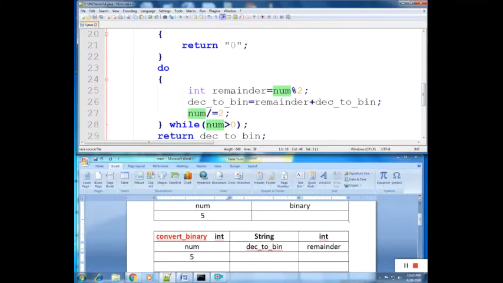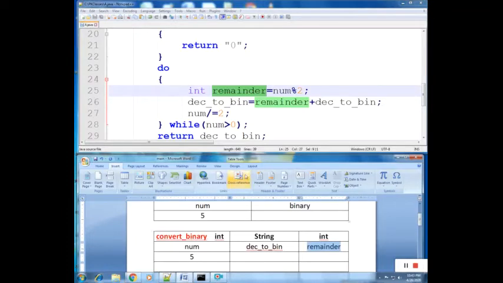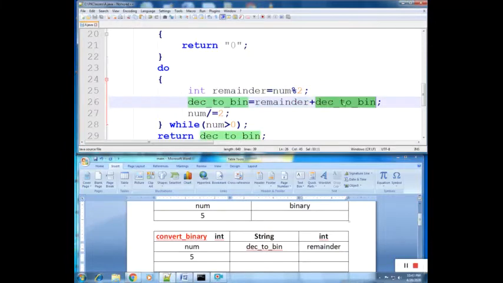Now there is another variable named remainder in the convertBinary method, and decimalToBin.